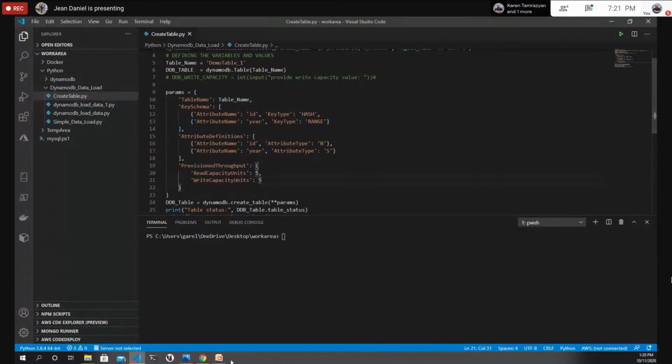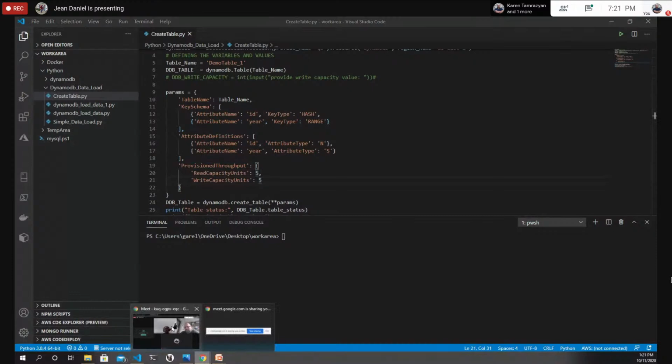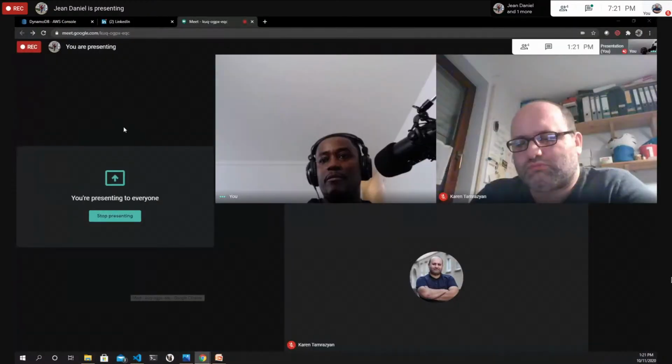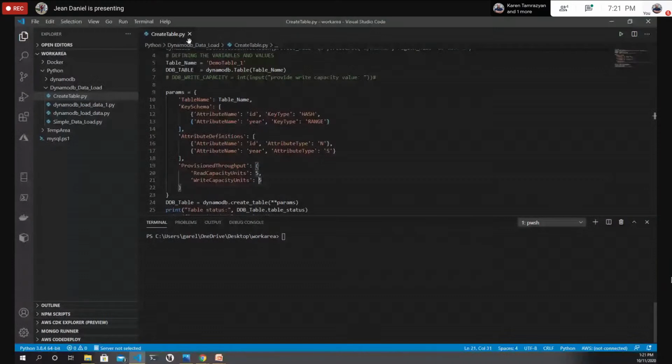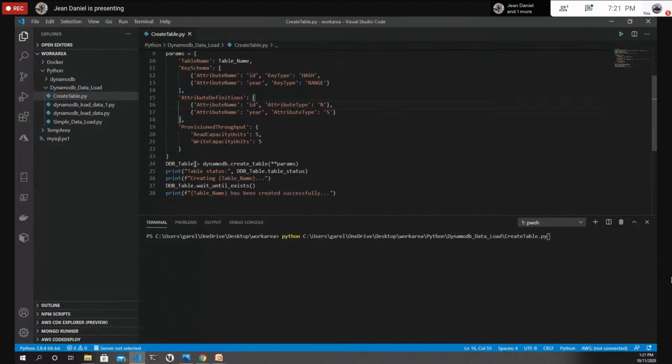Give me 1 second. Absolutely no tables here. Let me copy this. Let me use Python. Okay, so before I execute it, let me explain. What I'm doing here, I'm calling the same DynamoDB, and I said I want to create the table and pass that value there, the parameter. And I want to know the status, and let me know once it's created. Just wait until the creation is completed. So that it's available. So if I execute this,